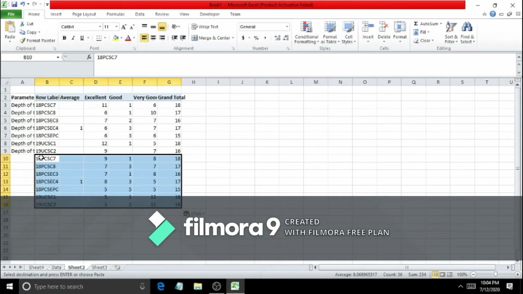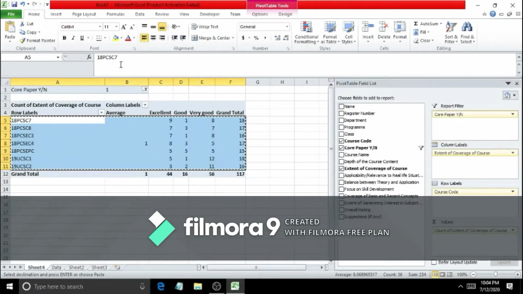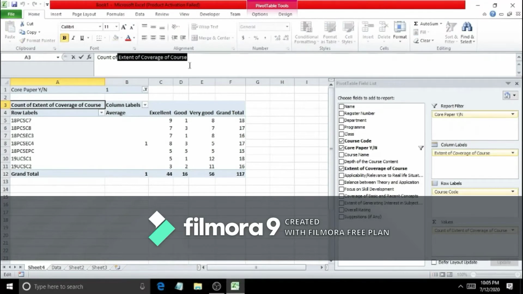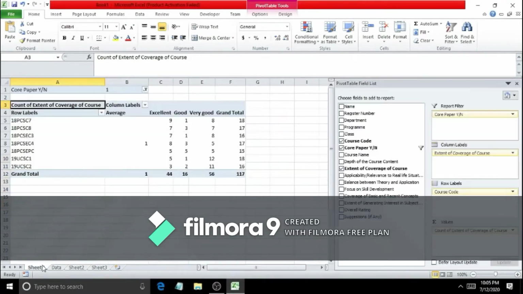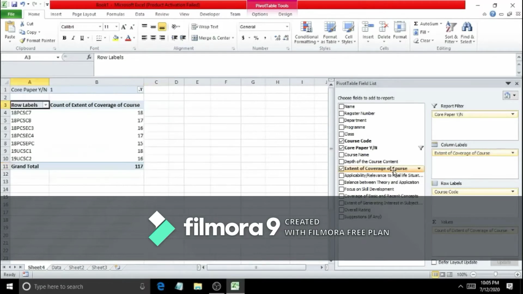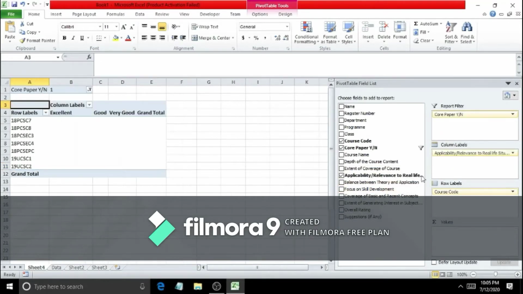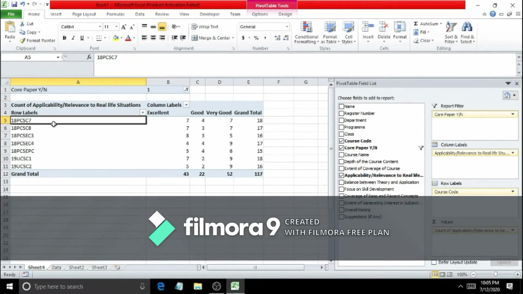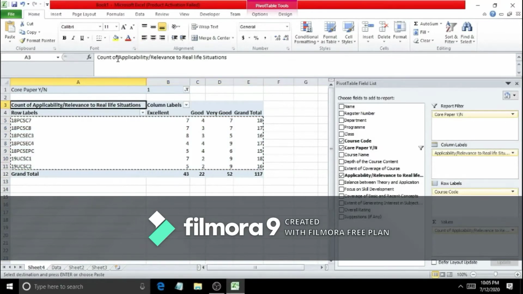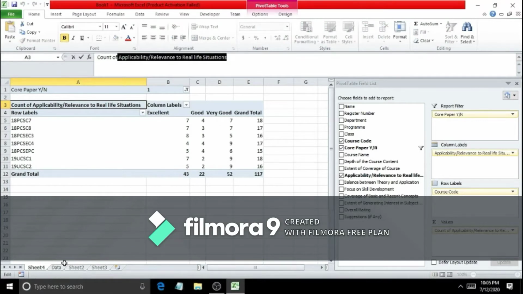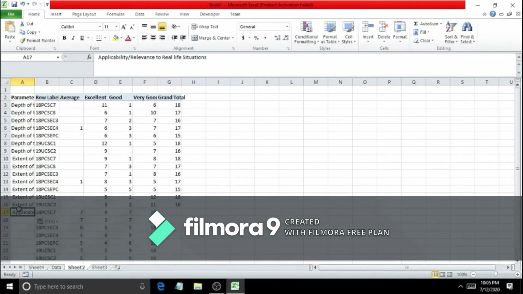Then select the table and update it in sheet number 2. So for each parameter we get a table. Those tables we have to update in sheet number 2 with the title. Go to sheet number 4 to change the pivot table options. Okay, then select the table, copy the table and paste it for updating. Here select the title of the parameter, copy and paste. Then open sheet number 2 and paste it in front of the paper.